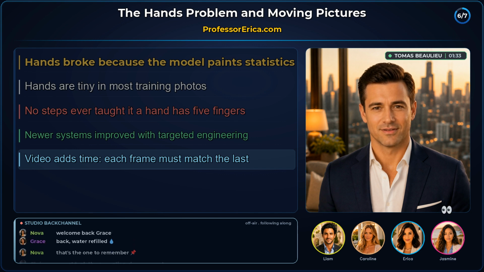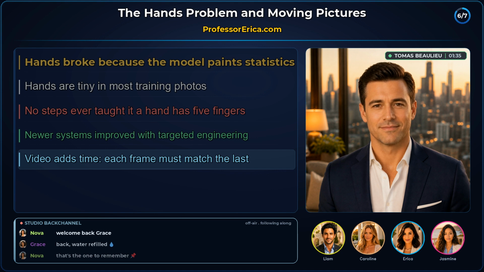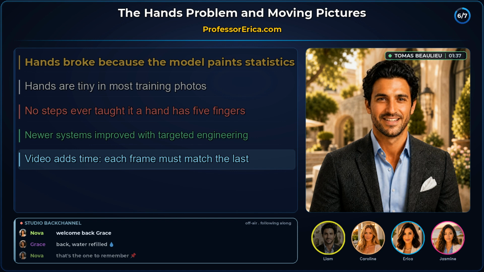Each frame has to look like the one before it. So it's thinking in a stack of frames instead of one flat picture. The extra dimension is just time. Exactly. The model cleans noise in space and in time at once, keeping the cat the same cat as it